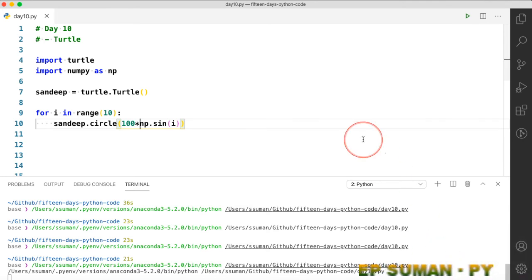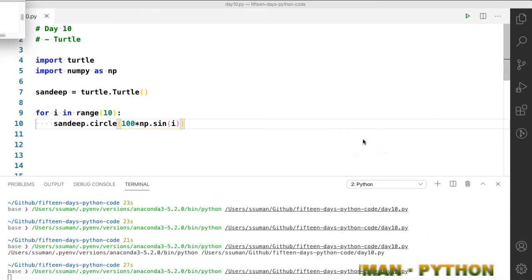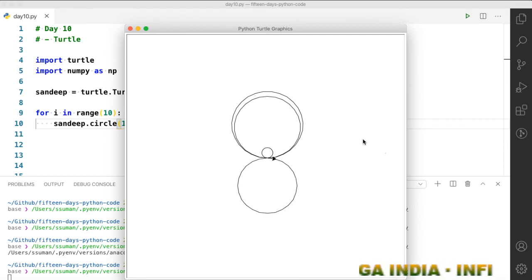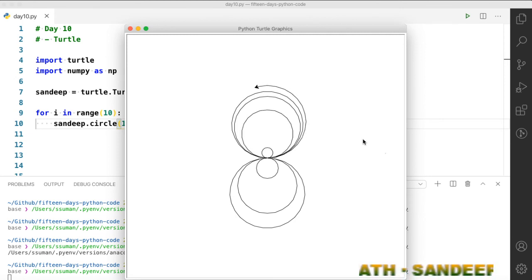Suppose this... yes, now we are getting something. You can see that the shape is very different. Okay, try to explain why. Not only try to make your program, if you are getting some kind of output, you should try to explain it. Now why the shape looks like this, think about it.